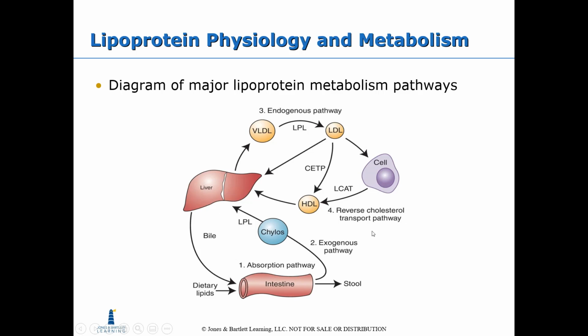So here's kind of the rest of the pathway. So from the intestines, you have that exogenous pathway that I mentioned, where chylomicrons are going to bring the triglycerides to the liver. From there, they can be stored in the liver, they can be converted to different substances that are needed in the body, or they can be transported to the tissues. So if they want to be transported to the tissues, VLDLs are going to transport those triglycerides to the tissues, and that's known as the endogenous pathway. So VLDLs can transport triglycerides to the tissues, and then we have LDLs and HDLs. LDLs are going to transport cholesterol to the tissues, and HDLs are going to transport cholesterol back to the liver